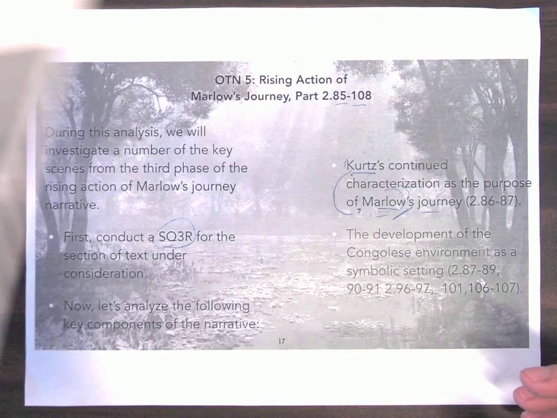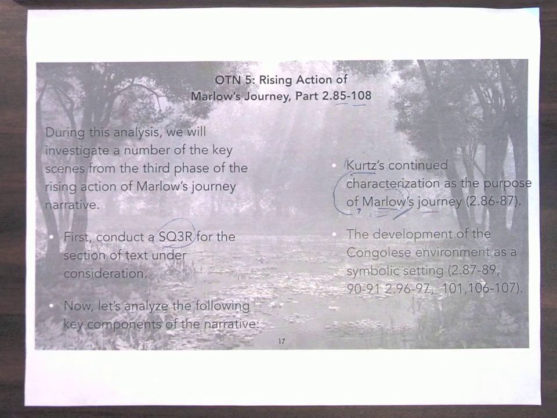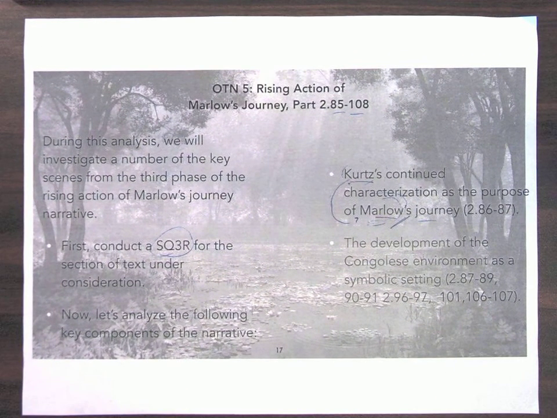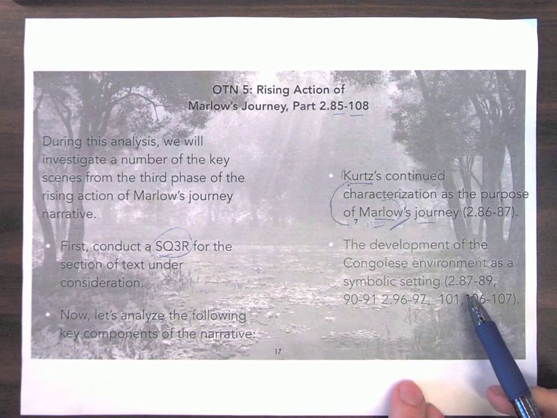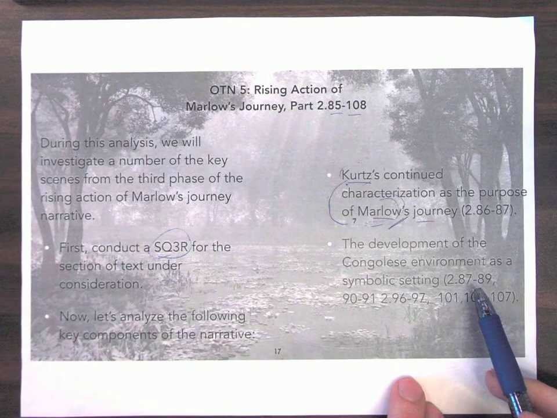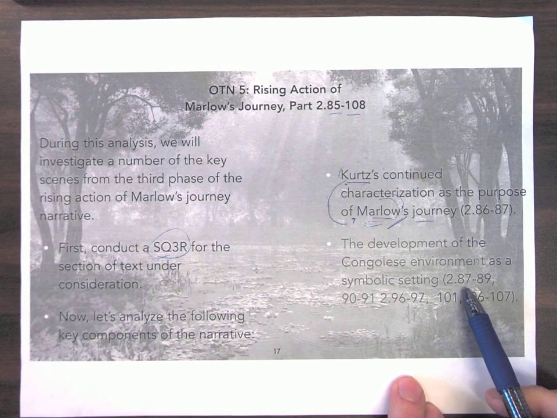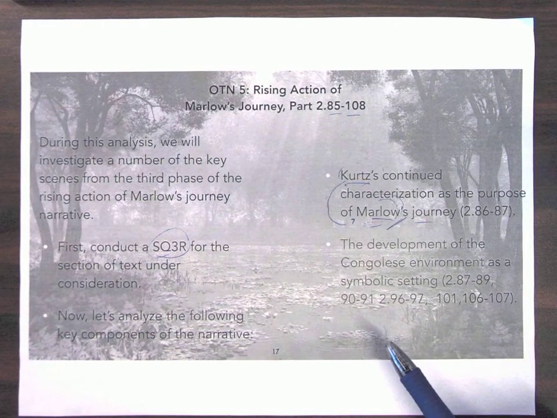So without any further ado, let's turn our attention back to OTN 5 and continue our analysis of the meaning of this leg of Marlowe's journey. Yesterday we analyzed the significance of Marlowe's description of the Congolese environment on pages 87 through 91, and essentially the dominant impression, all in all, of what Conrad is communicating for us in those pages